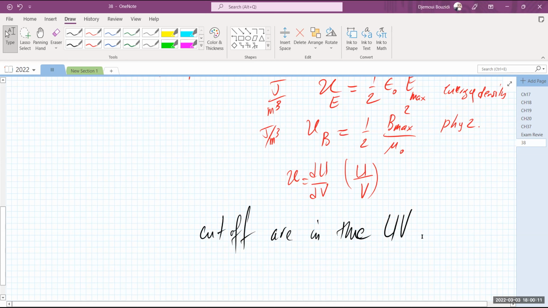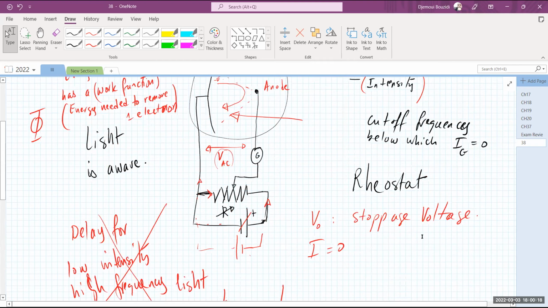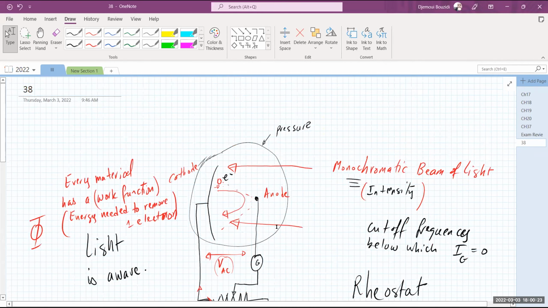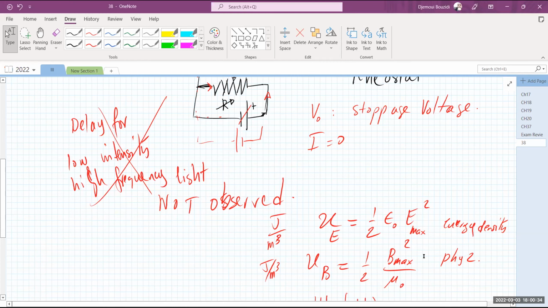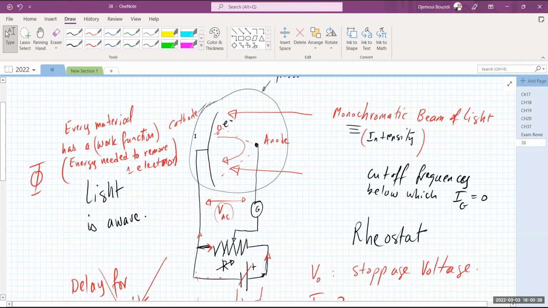At that time, X-rays were not discovered, which is even higher than the UV. So this stuff is a problem for us, because even if I bring the UV light and shine it on that material, and make it low beam, I expect a delay, because there is not enough energy in it when it's low intensity. There's not enough Emax or Bmax to give me that right away response so that it frees the electron immediately, because you need a lot of energy to get one electron out, which is the work